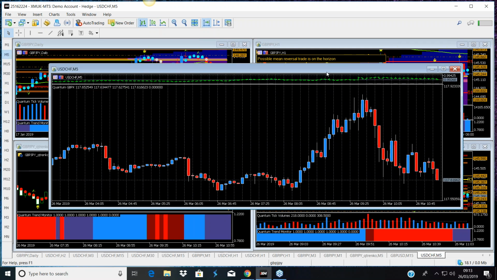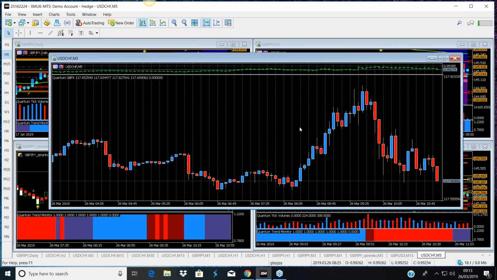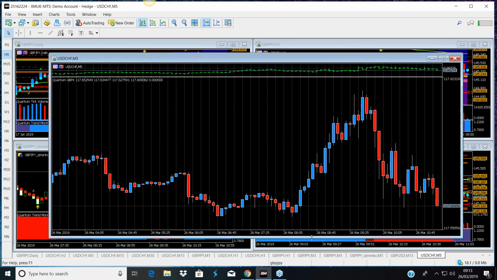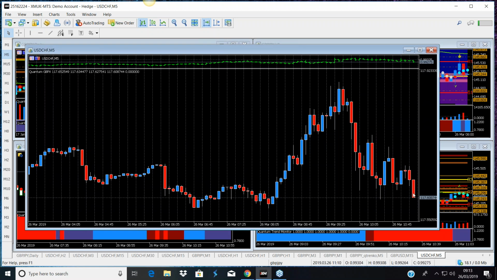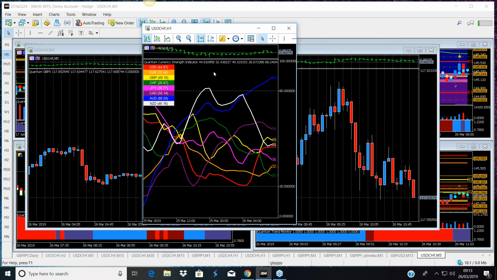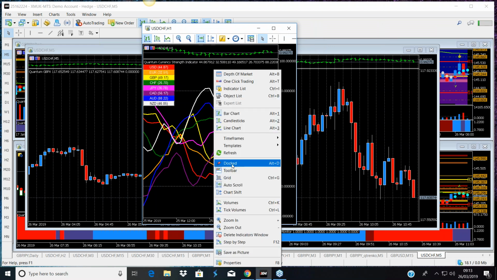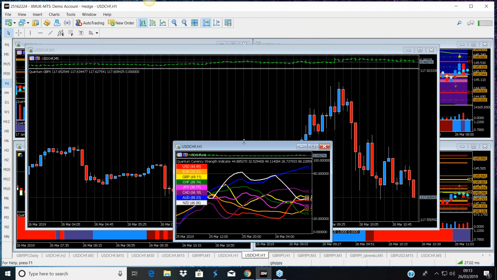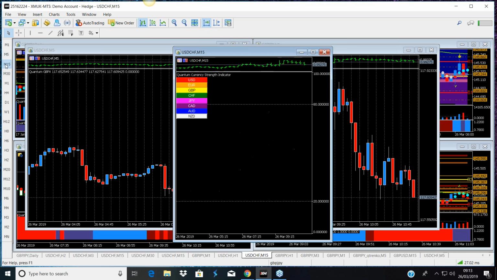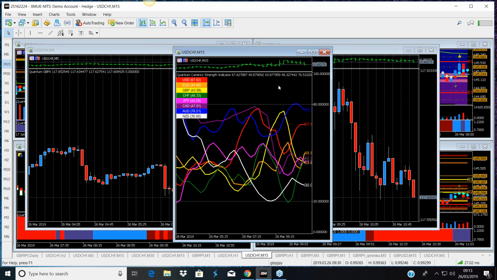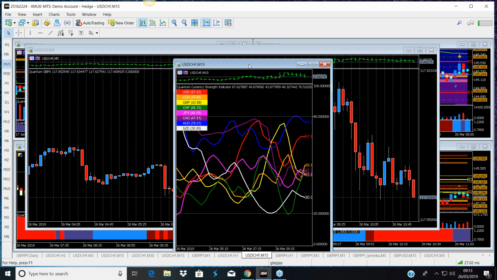What we see here with the pound index, this is on the 5-minute chart, we can see immediately that there is some selling in the British pound. If I just move over the CSI as well, this docking facility that you have on MT5 means you can actually move the charts out of the profile onto another screen, which does make life an awful lot easier. You can't do it on MT4, but you can do it on MT5.